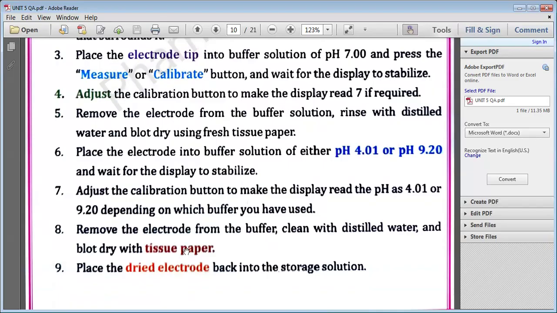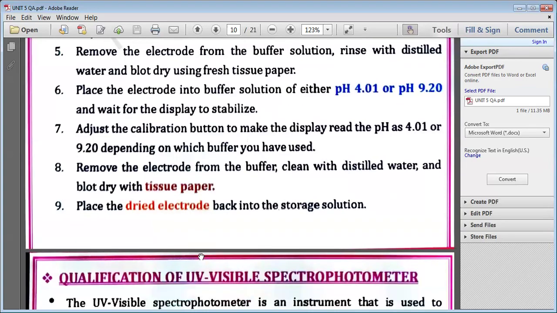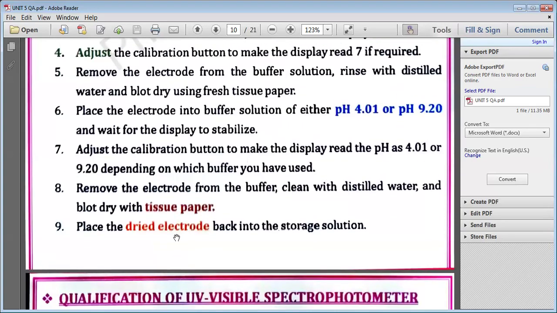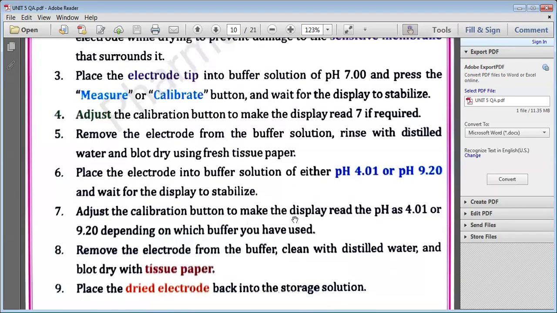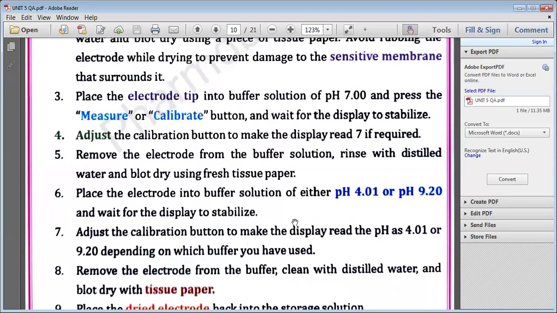Remove the electrode from the buffer, clean with distilled water and blot dry with tissue paper. Place the dried electrode back into the storage conditions. When we are measuring the pH of the buffer solution of 7, it has to give results of plus or minus 0.02. That means, for example, if we are measuring the pH of the standard buffer solution of 7, we have to obtain the results of